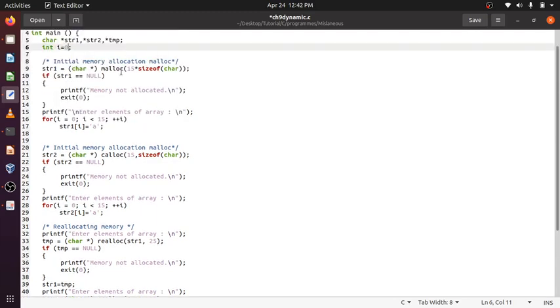Remember one thing, calloc, malloc, realloc allocate memory in the heap. In the operating system, memory management is done like function calls. Suppose heap is there, stack is there. The operating system divides memory as heap, stack, like that. This malloc is going to create a memory location in the heap. Calloc, in the same way, allocates dynamic memory in the heap. It persists between function calls.